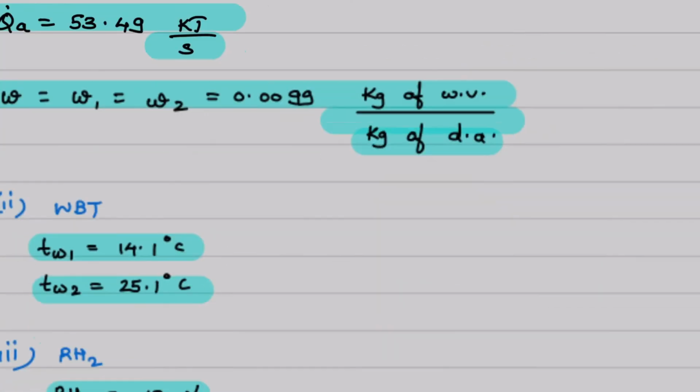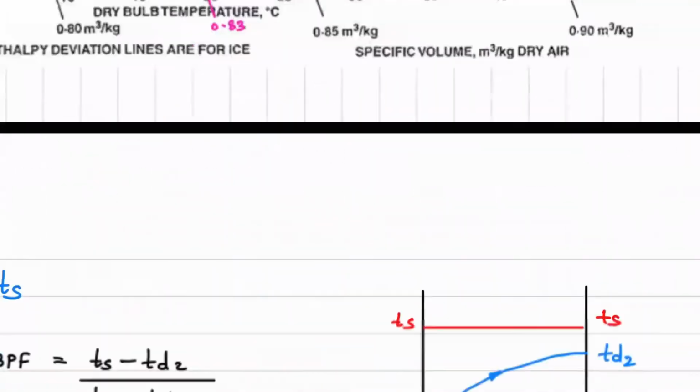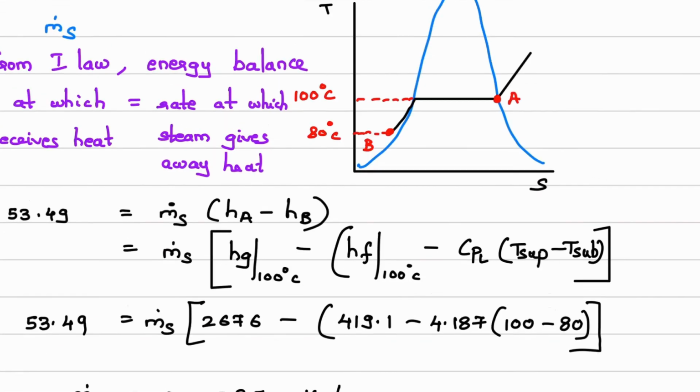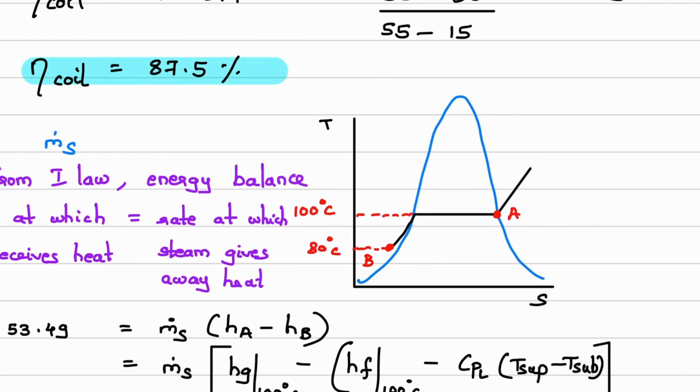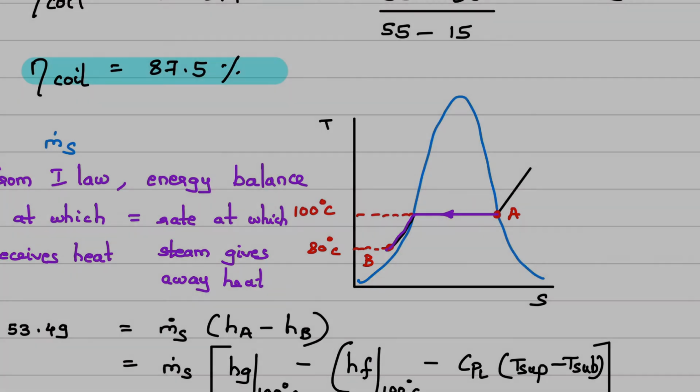Now we'll see the TS diagram again. There the process arrow we can define. It starts from A, and this is the way in which you will get the process. A is converted to B. Saturated steam is at entry, and at exit we get subcooled liquid.